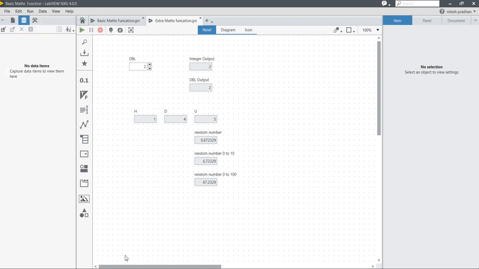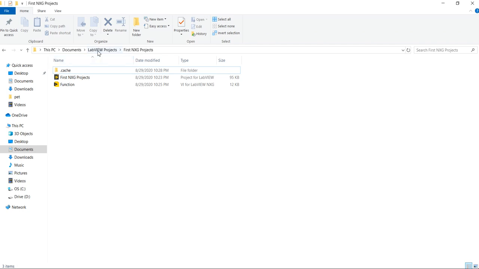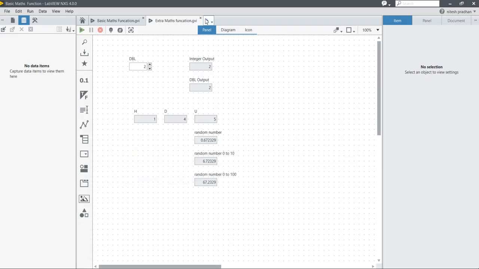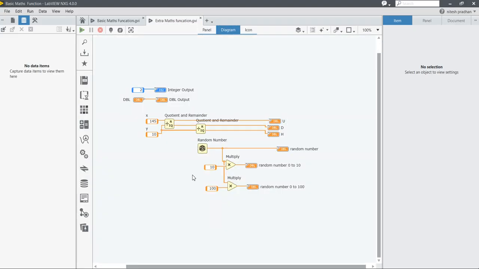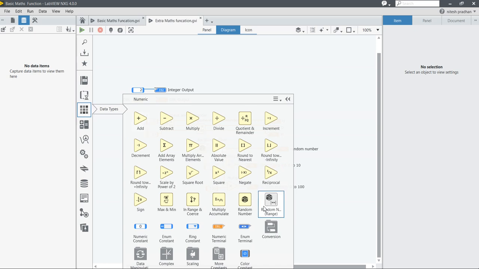Okay, let's go and check here. In my LabVIEW project, there is the basic mathematics function. The 2G VI is present here, and the cache is developed automatically. No need to do anything to design this cache. So any other functions remain.